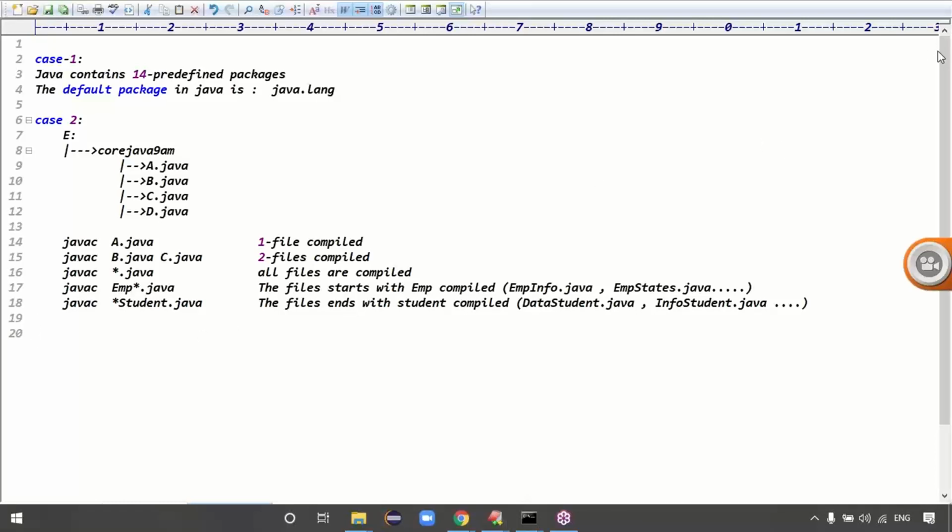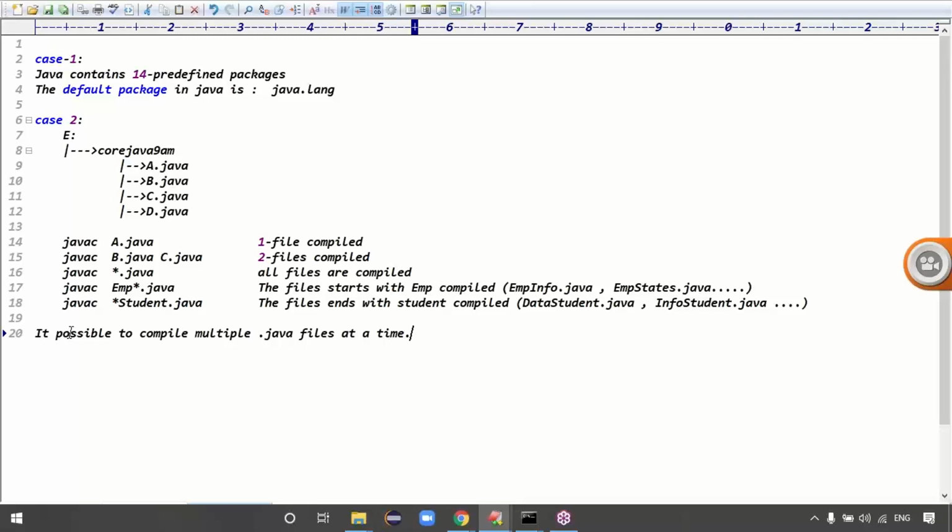The important conclusion is that you can compile multiple files at a time, right? Can you compile one file or multiple files at a time? We can compile multiple files at a time, right? Exactly. So the note here: it is possible to compile multiple .java files at a time.